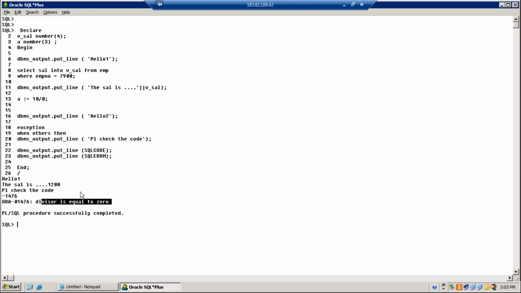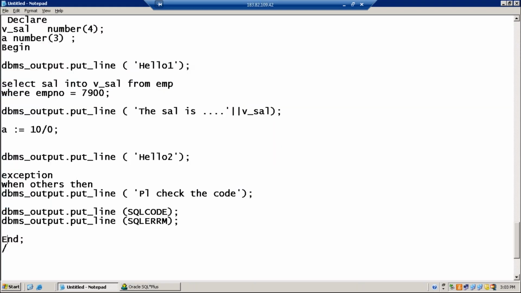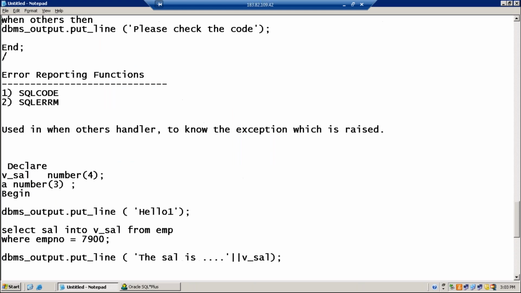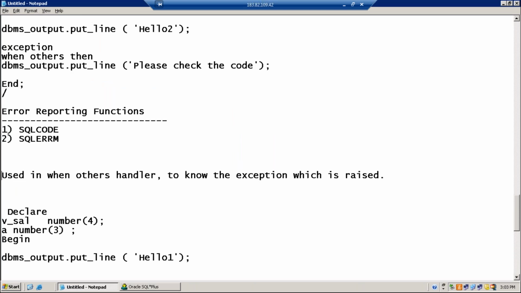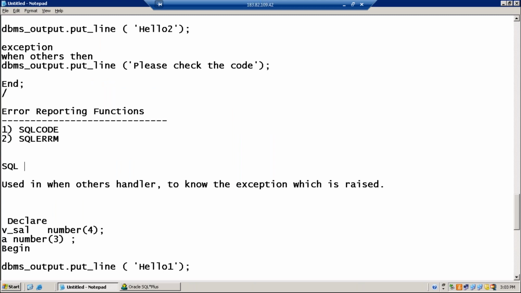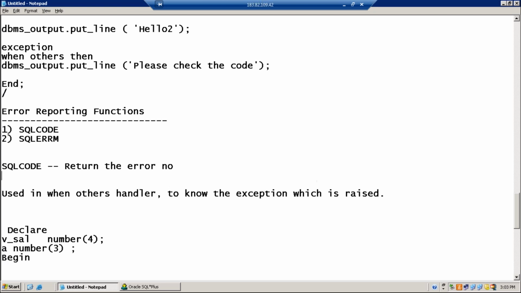Okay, so SQLCODE will return the error number. SQLERRM returns the error number and error message.